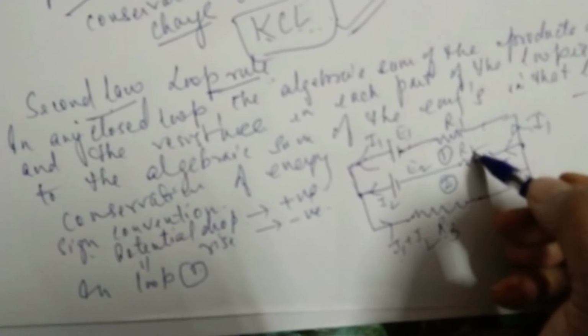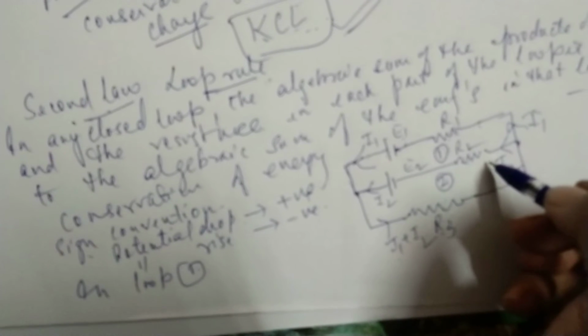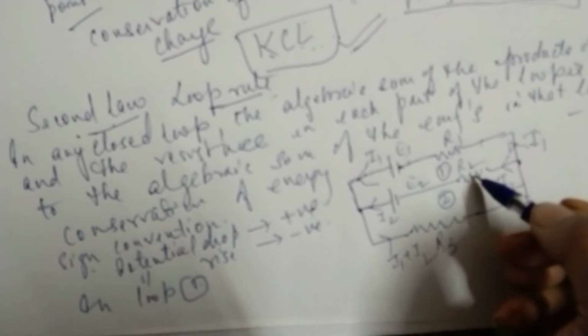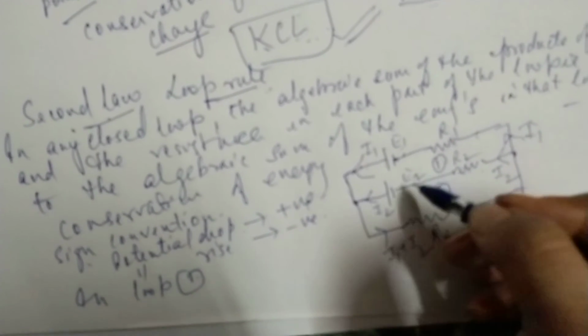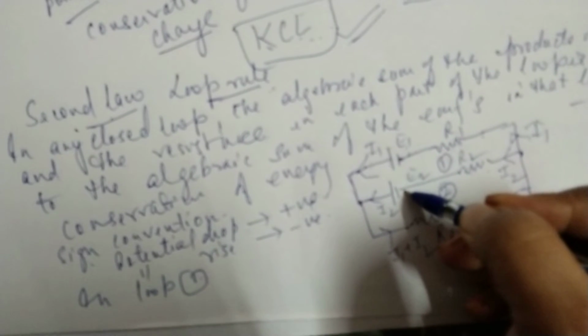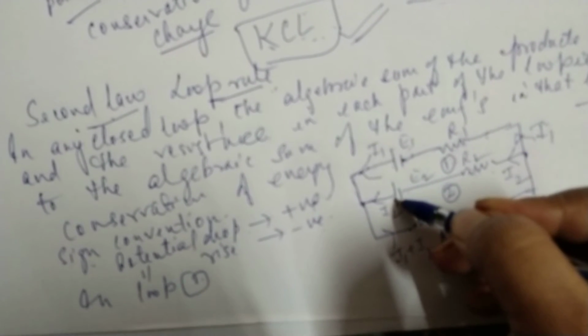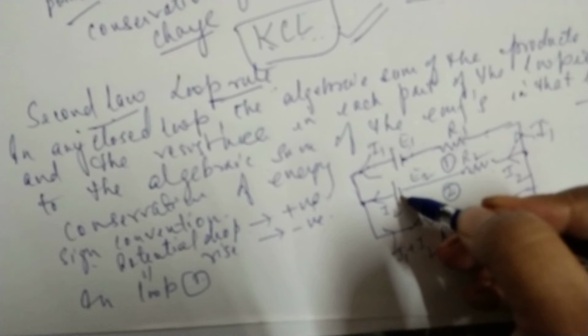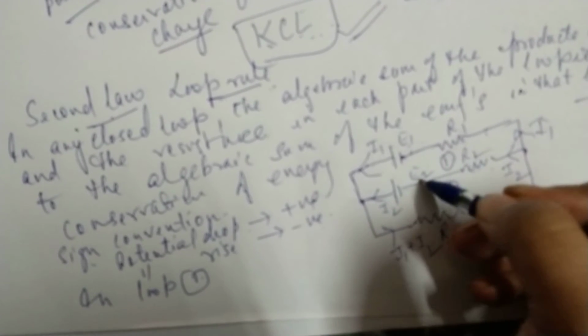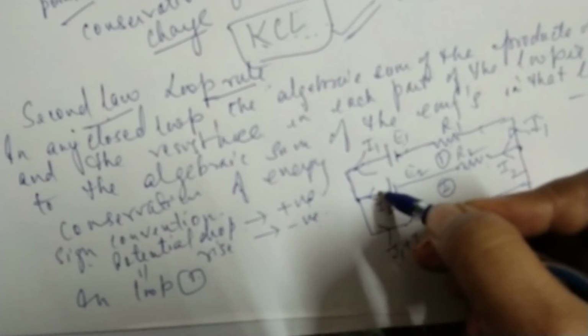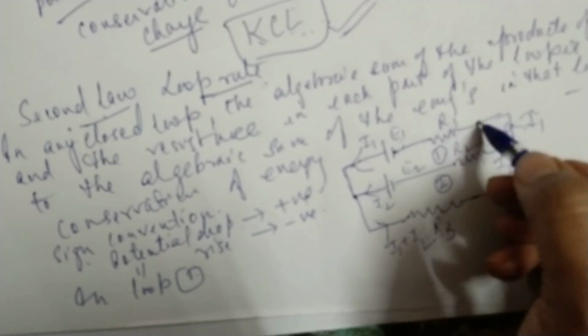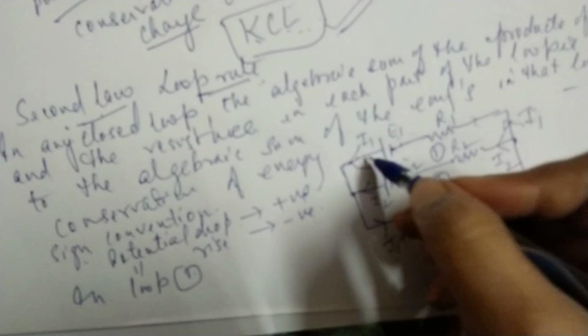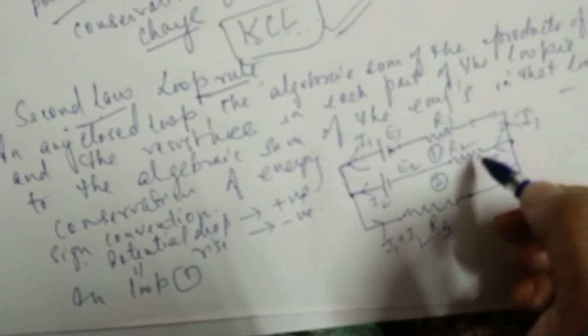If we look into this, then here also we have the current I2. So I2 R2 should be positive, because there is a current, there is a potential drop, and here also it should be minus, there is a rise in potential, so it is lower potential to higher potential, so it should be negative. But if you look at the sense of the current, the sense of the current is not the same. Here in this case it is in this direction,